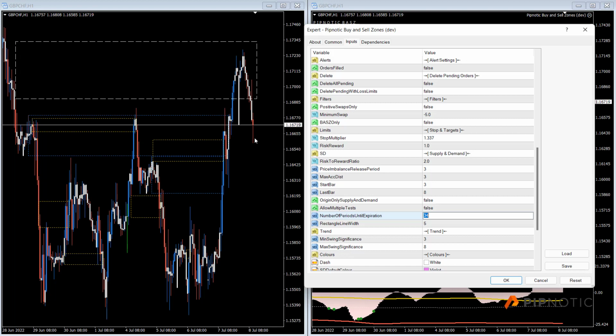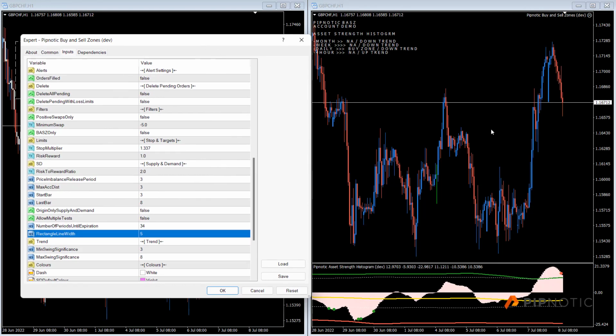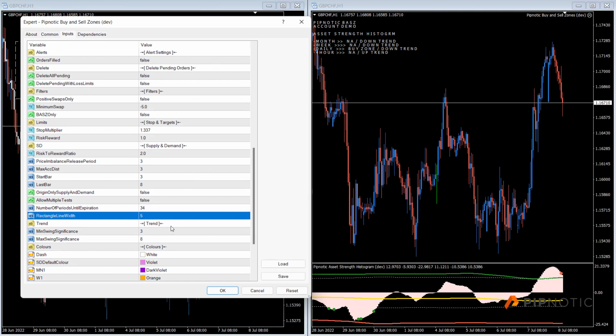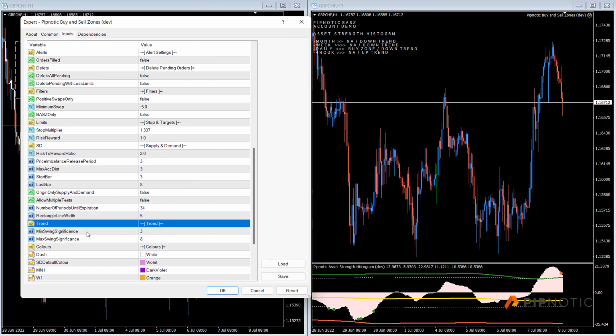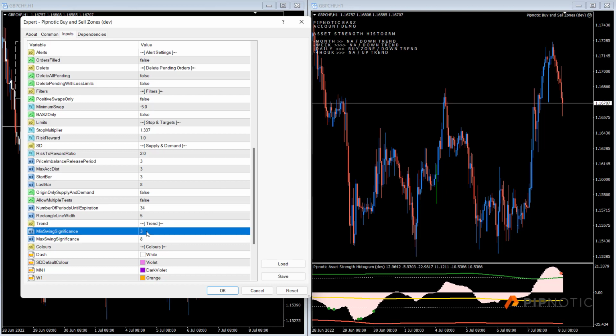Once that period expires, the order will expire. And then we have rectangle width. This is the thickness of the line that it finds on the chart, and the other stuff here. We have the trend. What does the trend mean? Well, the trend means that we want to look for swing points that are valid